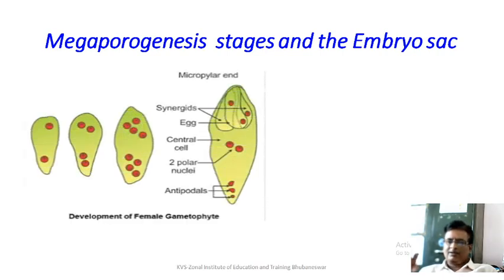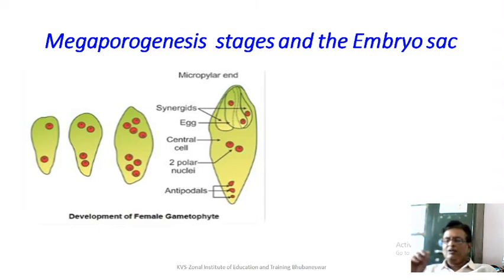Let us have the visual. If you can recall, in the linear tetrad, 4 cells were there, 3 degenerated, and only 1 cell remained by monosporic development. From that 1 cell, you can see the nucleus has divided. It is free nuclear division, 4 nuclei, 8 nuclei. And then what happens? Cytoplasm aggregates around it and now it becomes cells. So cell formation takes place later on. Initially it is free nuclear division. And you can recall this entire thing is an embryo sac comprising 8 cells.